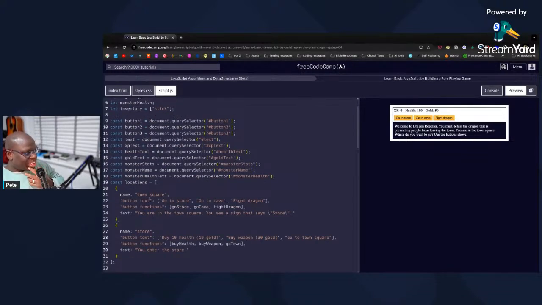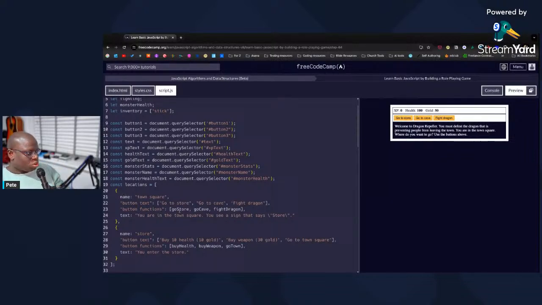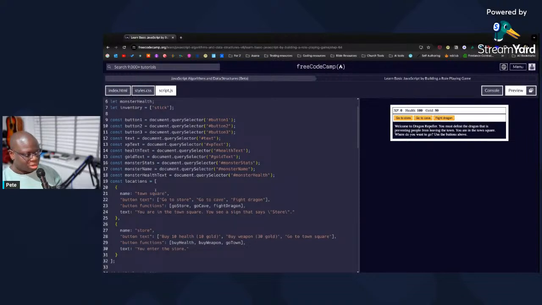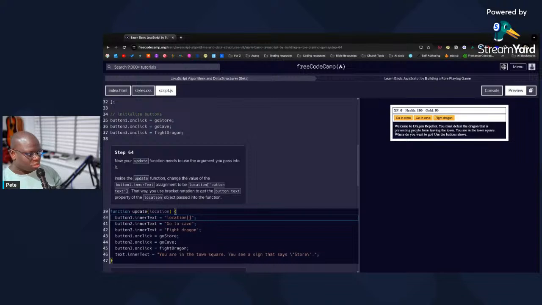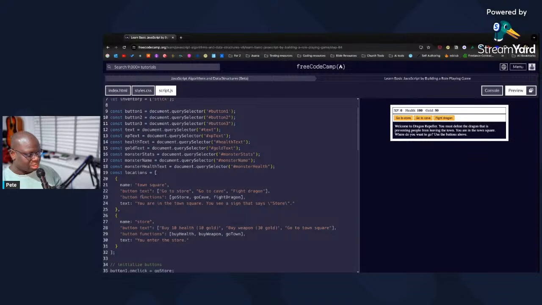Right, so we're passing through a location. We're not passing through the entire thing, we're passing through a location. So we've then said, okay, let's pass in the example that we did, location 0. So now we've got all of location 0 available to us as location. And then we're using the button text because, so I would have thought we'd use dot notation here, admittedly, because we are now going into an object within the array, but maybe not. So we are then saying location 0's button 1 in a text is